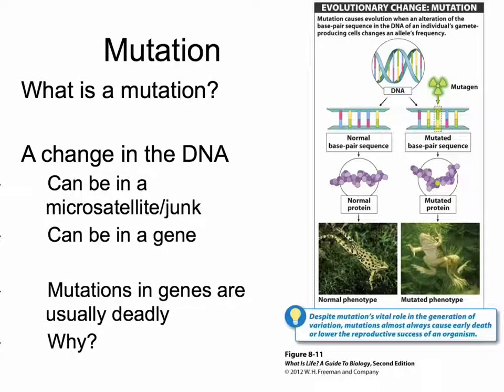Remember, we have talked about mutations in the previous unit. A mutation is a change in the DNA sequence. These changes can occur in a gene, where it's generally a problem, or they can occur in the junk DNA that does not code for anything. Mutations are generally deadly. They can cause disorders, disease, deformities, because they mess with the overall protein, which is the product of a gene.